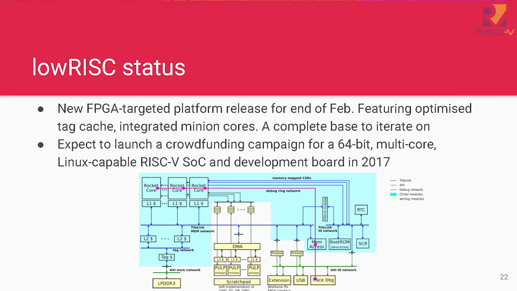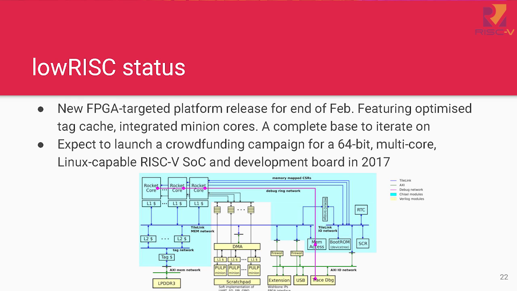And so at the previous RISC-V workshops, I gave an update on our wider lowRISC goals. So I'll just give a very brief update now. Our next major target is around the end of February. We have a sequence of code releases with detailed documentation you can find at our website, which recently got a little bit prettier than it was before. Our next target for a code release is end of February, featuring our Rocket core-based multi-application cores, an optimized tag cache, so something that's further optimized than what we previously talked about and released, as well as the initial integration of the Pulpino-based Minion cores.